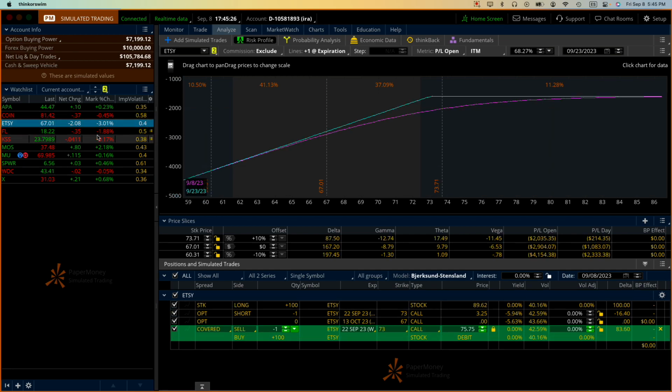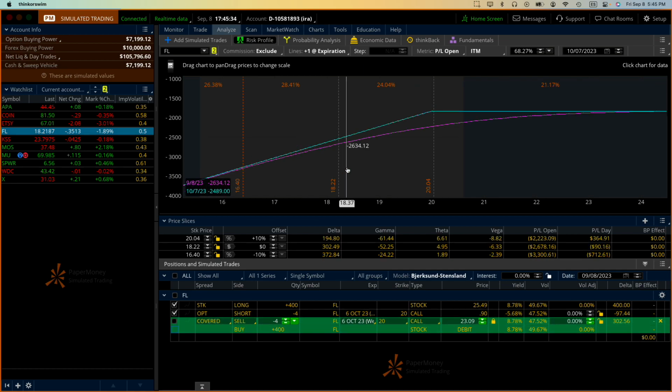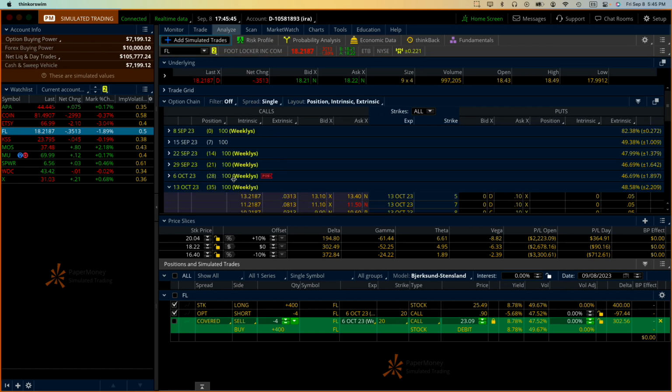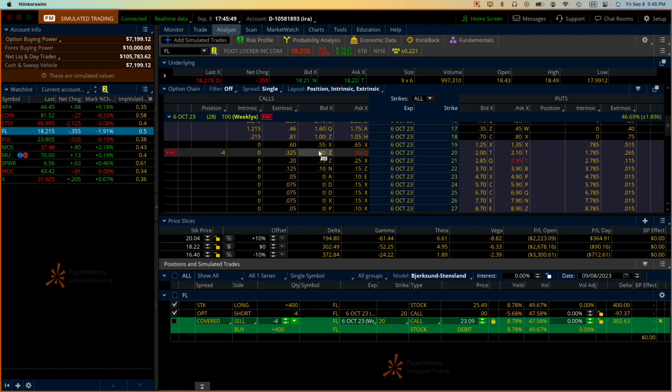We wait until that. Here we have another loser, FL. Okay, in this case, yeah, we are very close. Let's see here. The two lines are very close, but not close enough. That's $130. So I'm going to let that go. They're just not close. Go to the Add Simulated Trades. Look at the chart, and look at the option you have, and there is